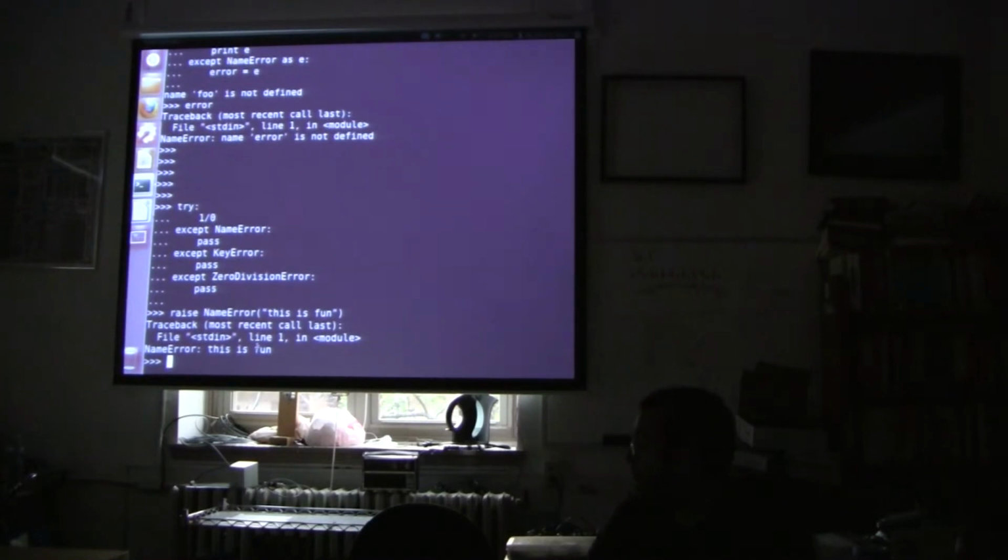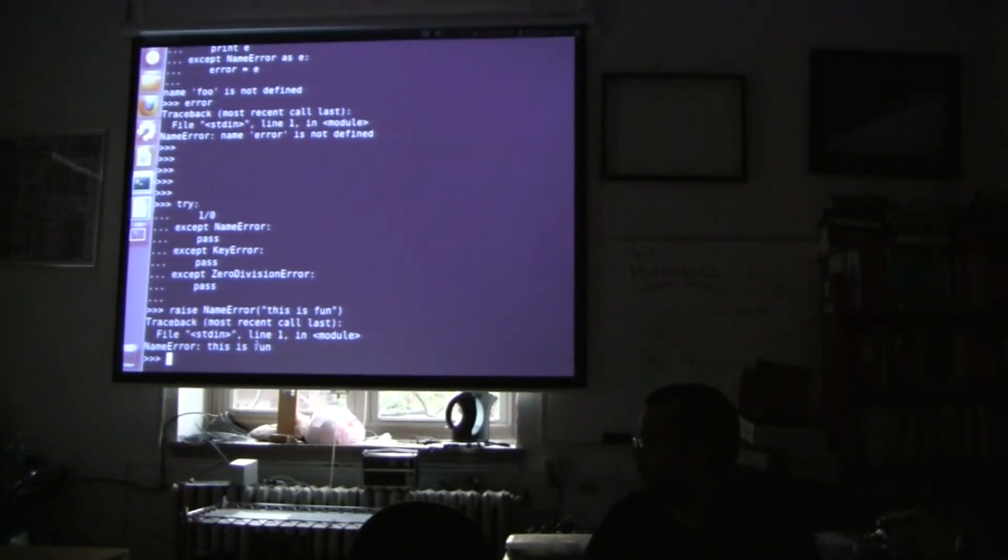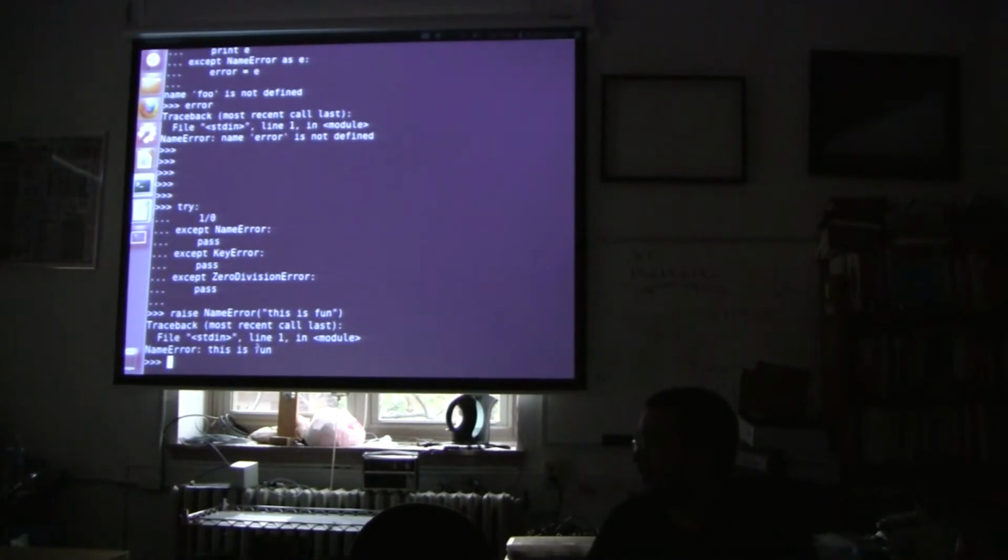What's up? Is there any particular reason why you would use a NameError versus any other error if you were trying to raise an error? Yeah. So you want to pick the error that best suits the situation that you're currently in, right? If it's looking for something that doesn't exist, you would use a NameError or an IndexError or something like that. But you choose it. So if I chose the wrong one, would it matter? No, not at all. It would just confuse the other person who's trying to use your code. But it does not matter what error you raise. It'll work fine either way.